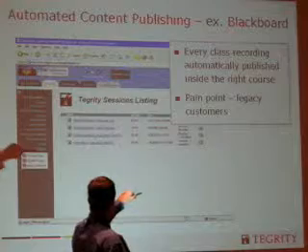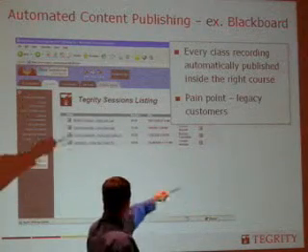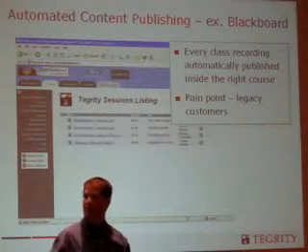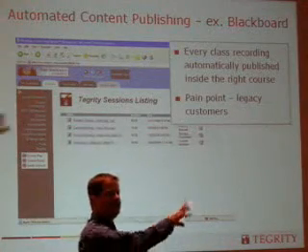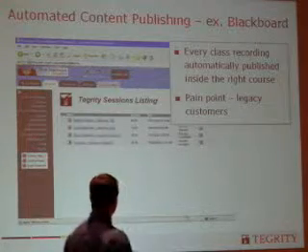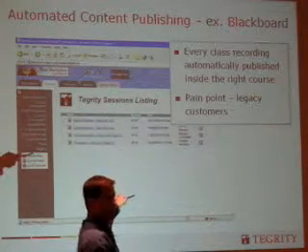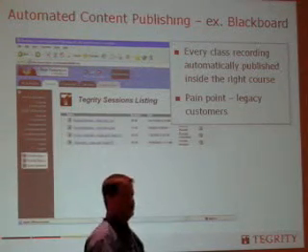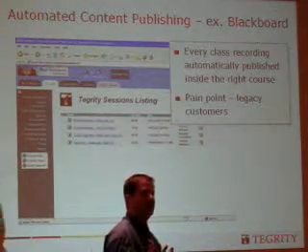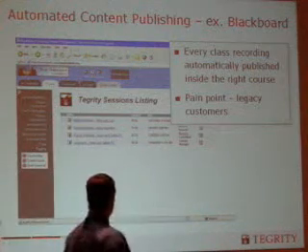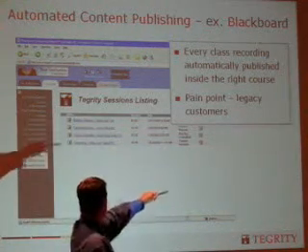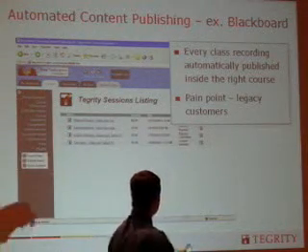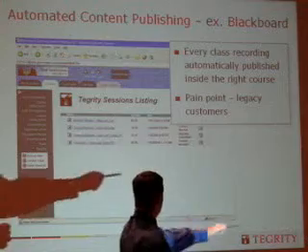What happens when the student clicks on that link is they get an automatic session listing of all the recordings from that class. So the Blackboard building block we have talks to the database, it gets the instructor's credentials, so it knows which course is going to be placed in this repository. And this is actually a little frame coming from the Tegrity streaming server. So you have a server software component that sits on your streaming box, and that's where all the content is saved. This lets them click here to get just the online streaming recording,